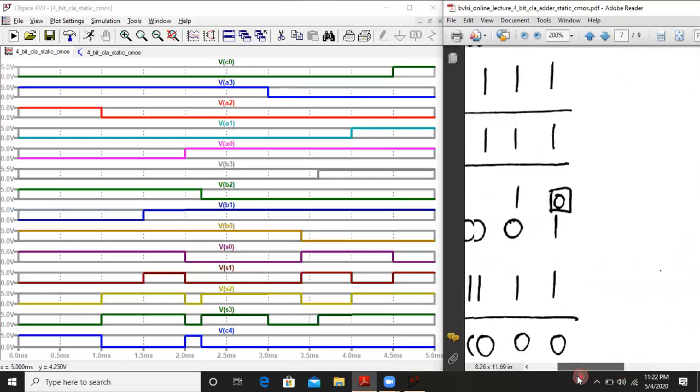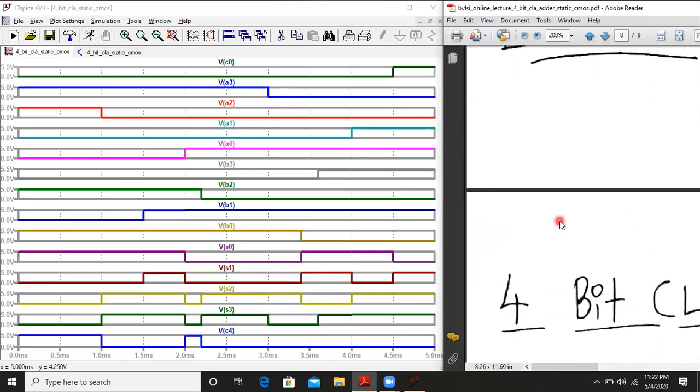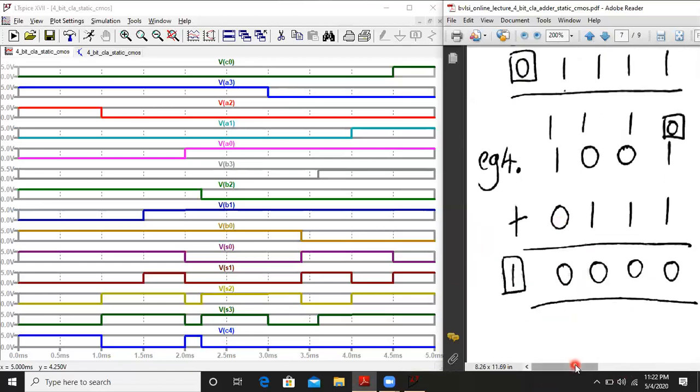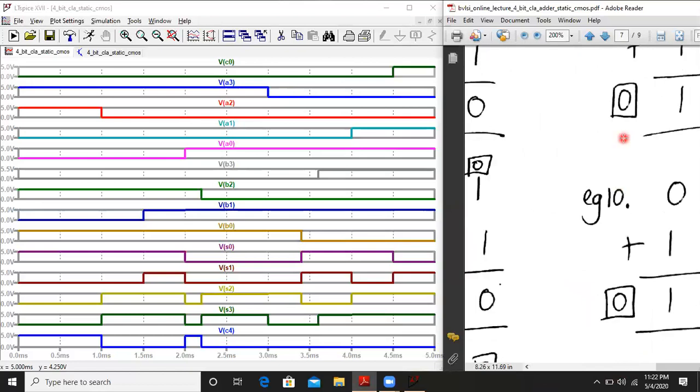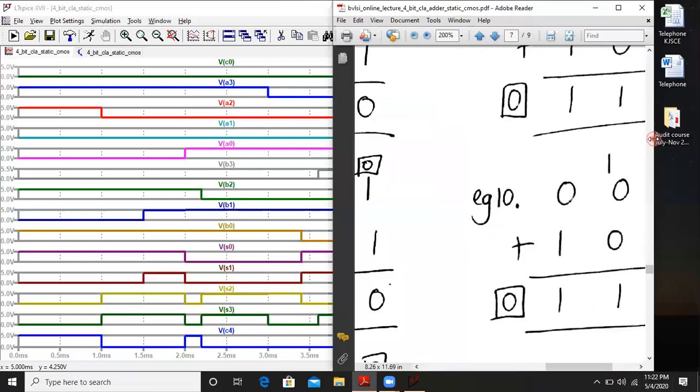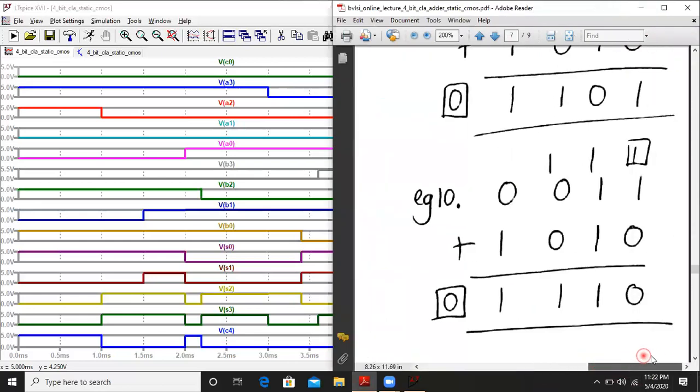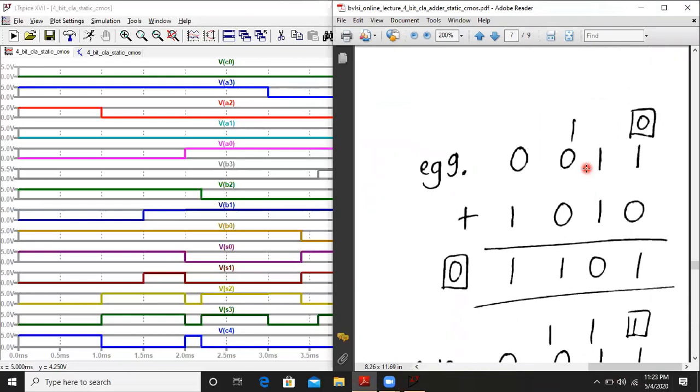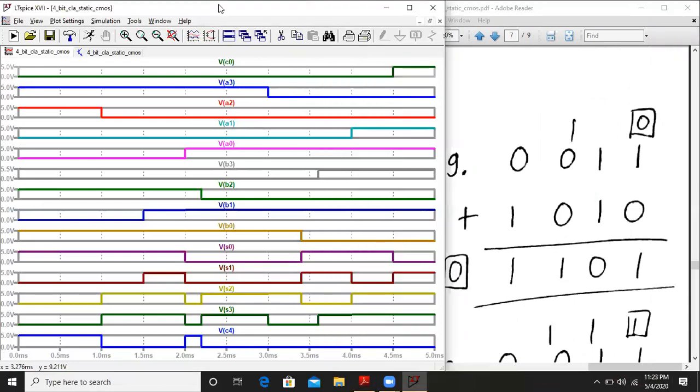Now we'll go for the ninth one. Let us check whether we have that here or not. Yeah, we have that case over here. Only thing is we have to drag it a little to this side. Yeah, so we have our ninth case. We have two more cases and that's it. So ninth case, A3 to A0 is 0, 0, 1, 1, B3 to B0 is 1, 0, 1, 0.